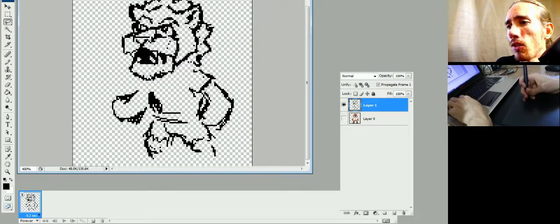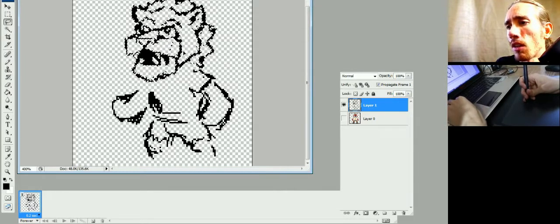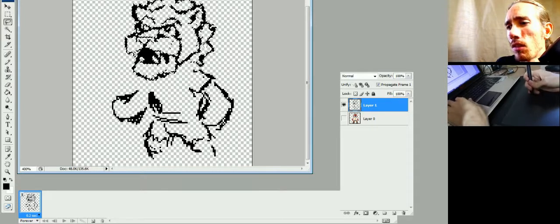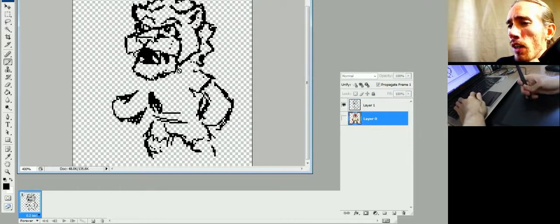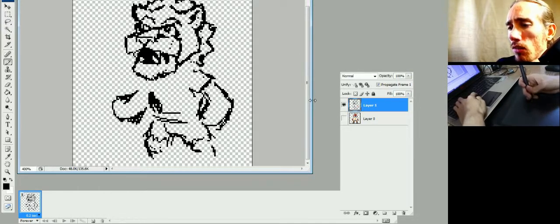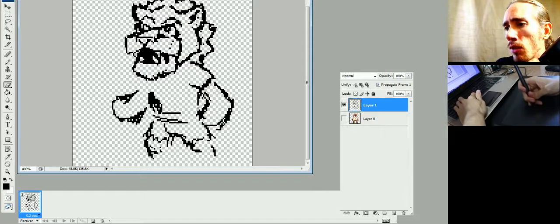Probably don't need to resize it too much, just enough to free up some space. And it's a good thing I'm doing it right now when it's rough, because if I did it later when I've already refined things, the resizing process would mess that up. So when you resize things, the pixels get all distorted and